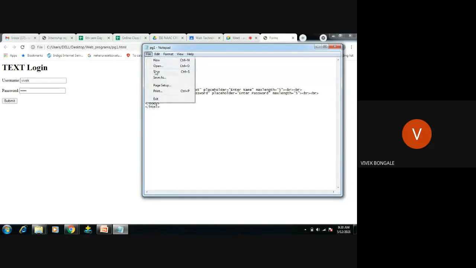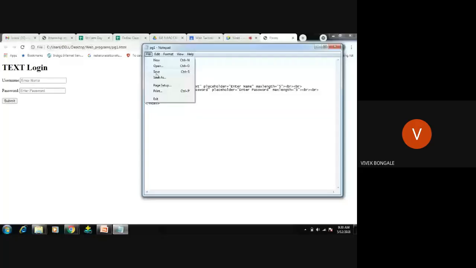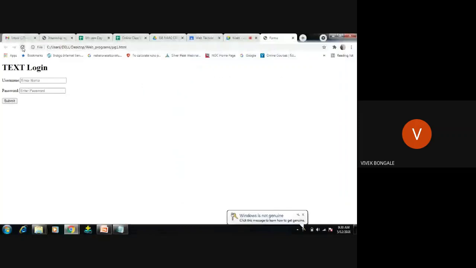File, save, refresh. Save. See, it should not display there, but it is displaying here.